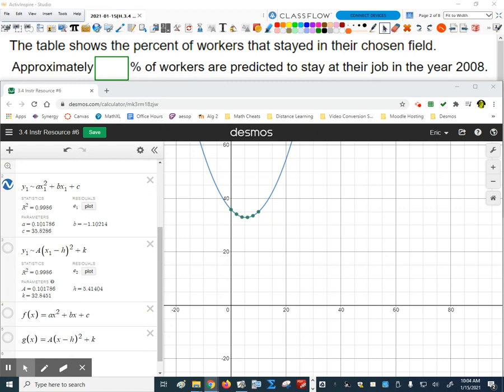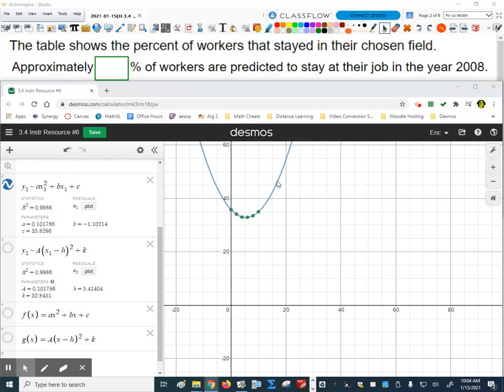Anybody help me out? How do we do that with linear regression? If I want to make a prediction from this model that we've built, what do I do? Sarah, what do I do? Help me out. You would just go to 18 on the x-axis. Okay. Good. I go to 18 on the x-axis, and I got to see what the corresponding y value is,